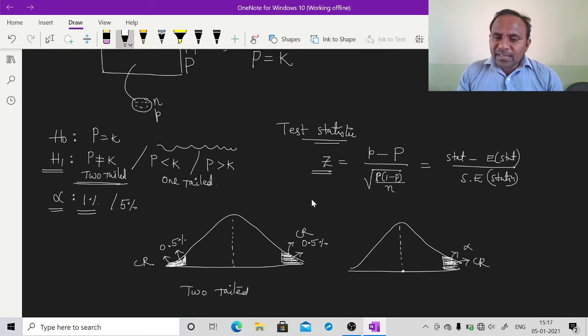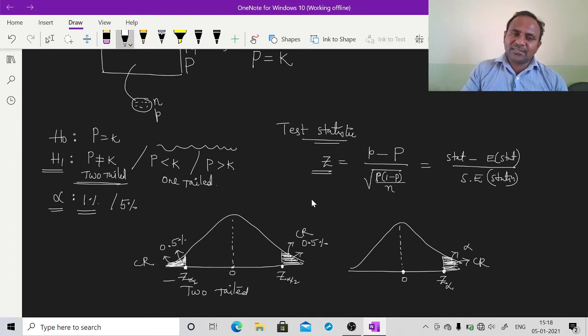See, these are all the z values you are taking on the x-axis. This line is of z, so it is 0. The value of z here is 0, and the value at which the right side is alpha units can be taken as z alpha. Since it is alpha by 2, as we have taken in two parts, you may write it as z alpha by 2, and this point where the left side is alpha by 2 can be taken as minus z alpha by 2, because it is to the left of 0. And here only the right side is alpha, so you indicate this point as z alpha if you are using this one-tailed test.